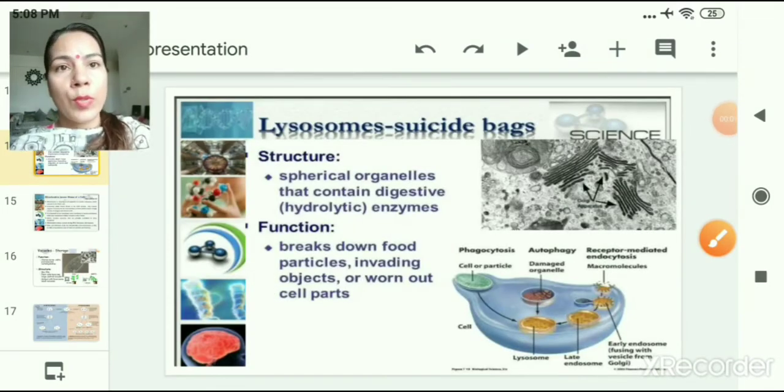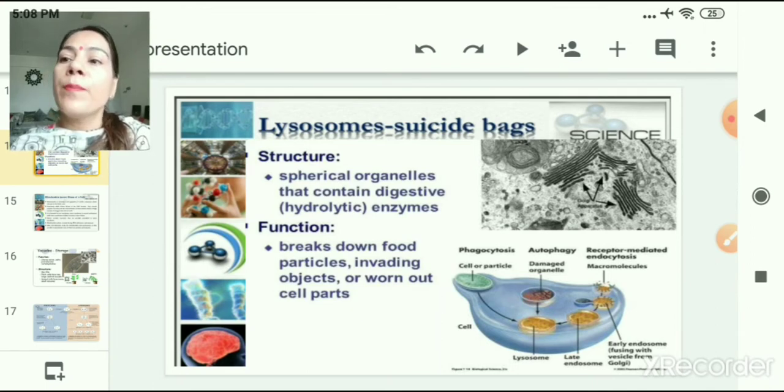Lysosomes are also known as suicidal bags present in the cell. These are the kind of waste disposal system of the cell, and lysosomes help to keep the cell clean by digesting any foreign material as well as worn out cell organelles. Foreign materials entering the cell such as bacteria or any other waste food particles, as well as old organelles, end up in the lysosome.